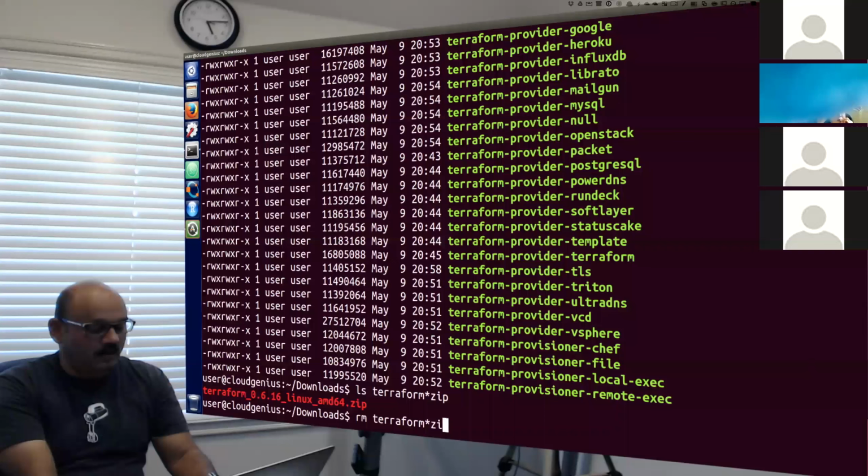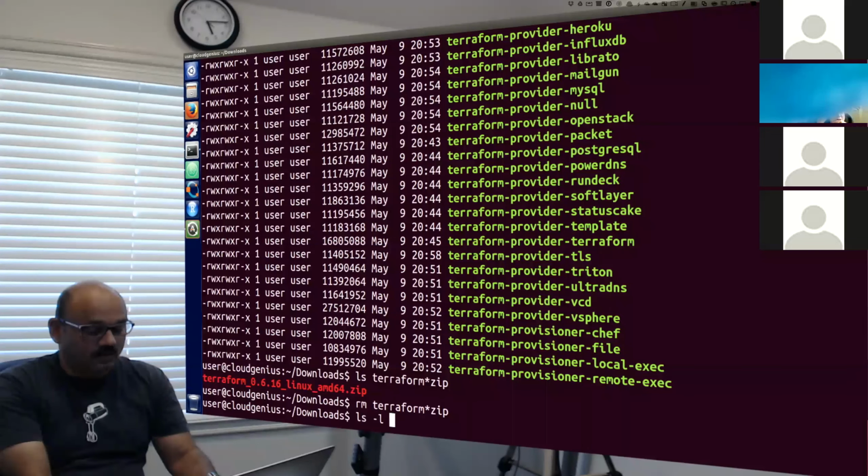What I also noticed is that in our folder, we have most of these files with the name Terraform. All these files need to be moved to a particular location, and that is exactly what I will be doing. I'm going to make sure that I'm not missing anything.